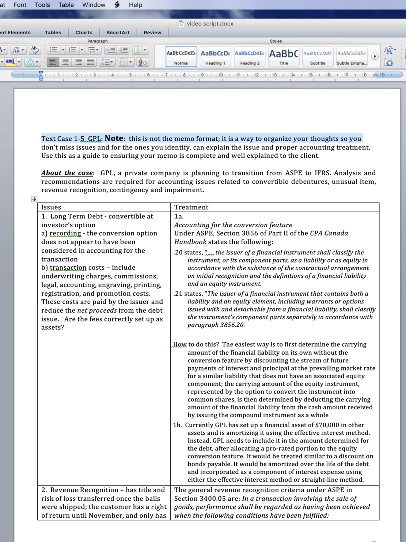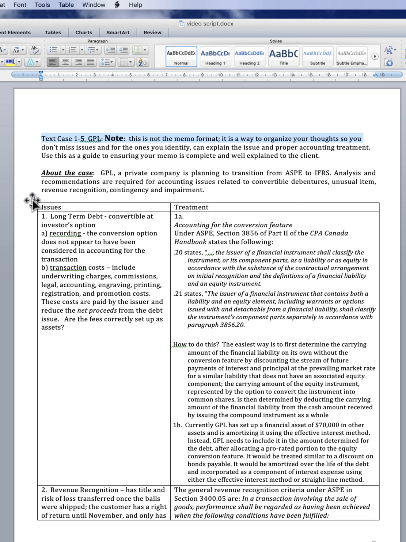What I thought I would do is take a case from your textbook. So I've indicated what it is there, case 1-5. And again, I just wanted to make sure you knew that this format, and I think you can see, it's not a case format per se. But the reason I set it up this way is because a lot of times it's mostly a problem for students to be able to identify case issues and then write down what the appropriate treatment is for that particular